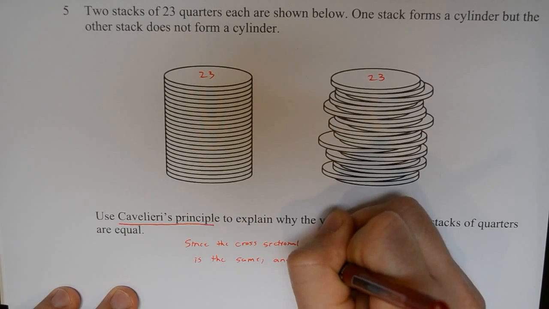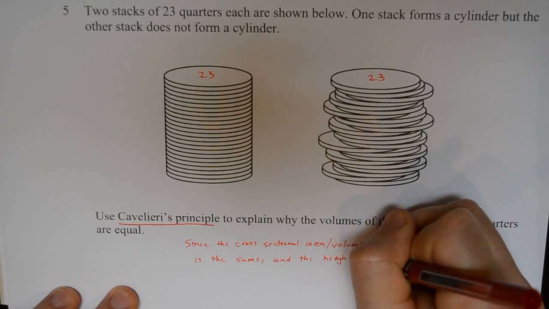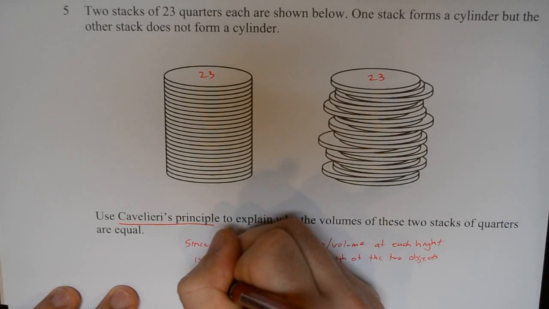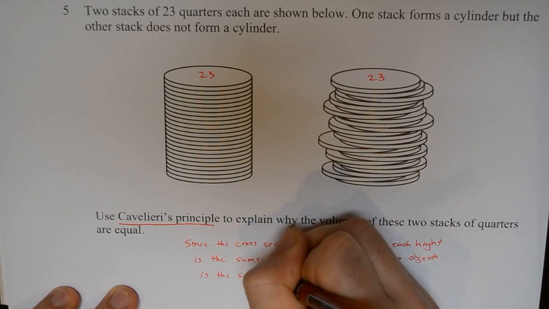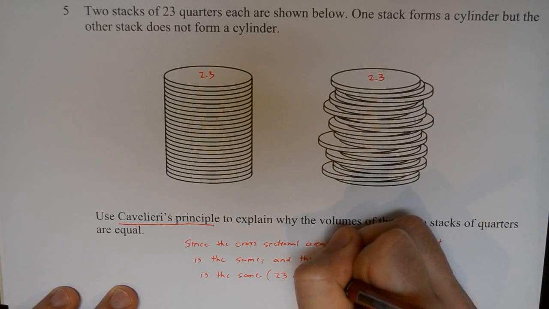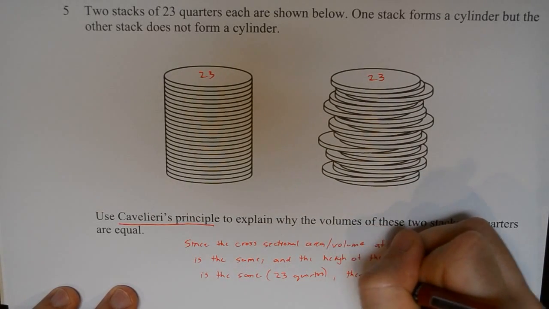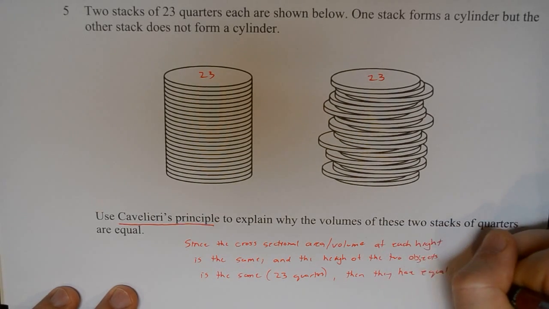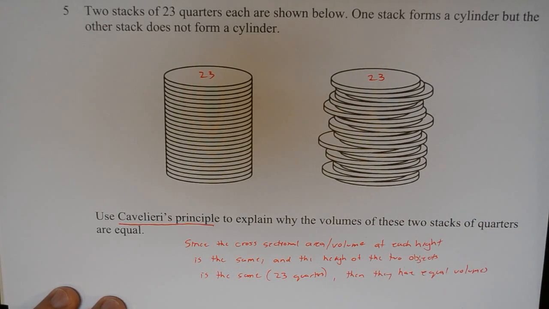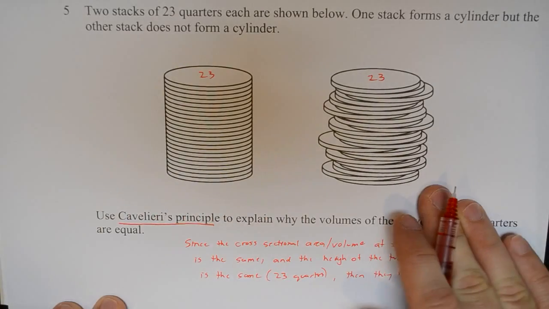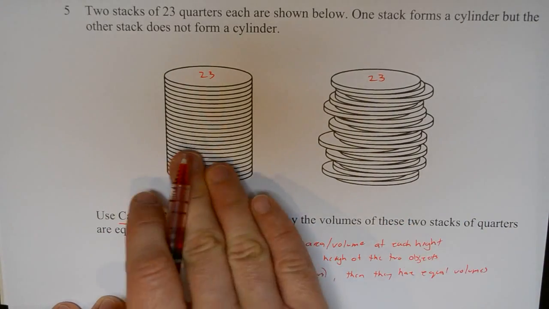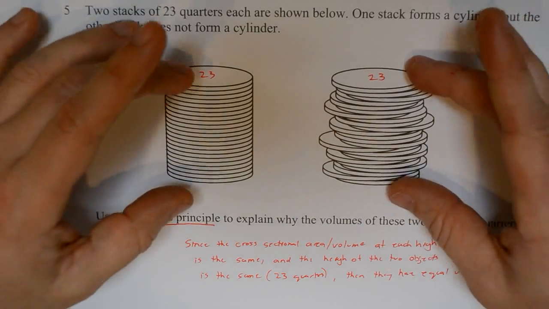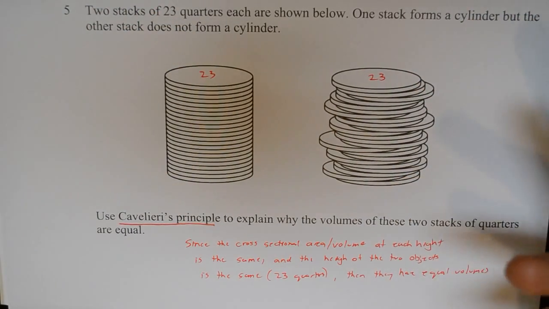and the height of the two objects is the same, namely 23 quarters, however high that is, then they have congruent or equal volumes. Right? So this is what Cavalieri's principle tells us. If we have the same cross-sectional areas or the same cross-sectional volumes at every height, then the two objects have to be the same volume if we're talking about three-dimensional objects, or a planar figure, two-dimensional, would have the same